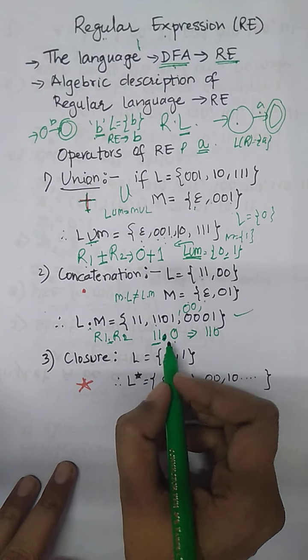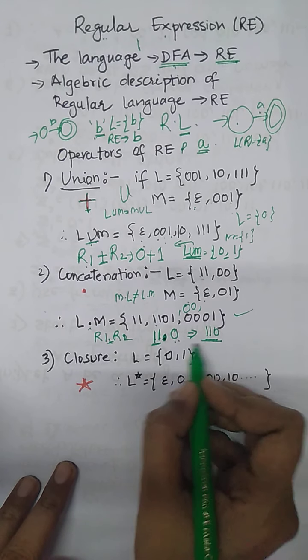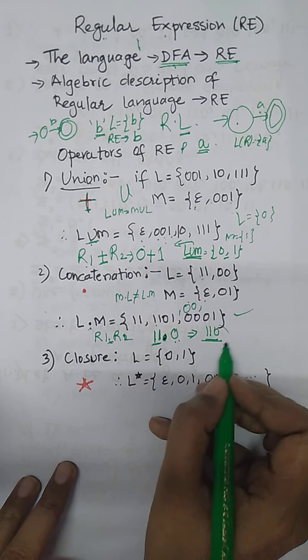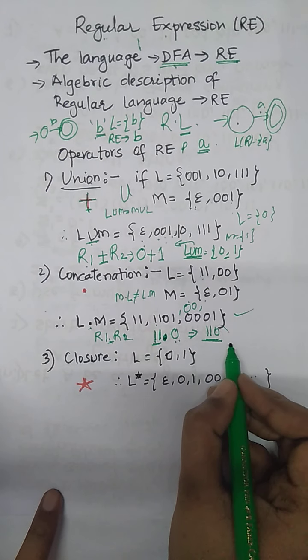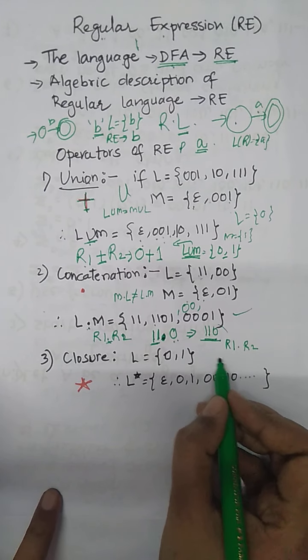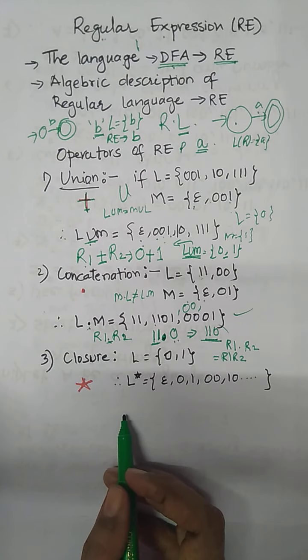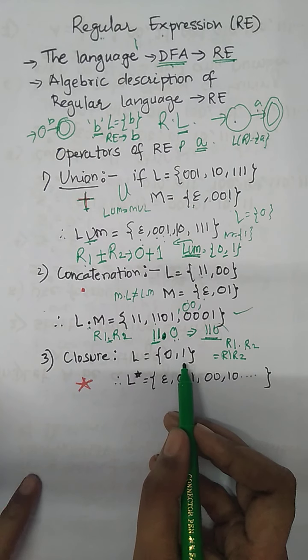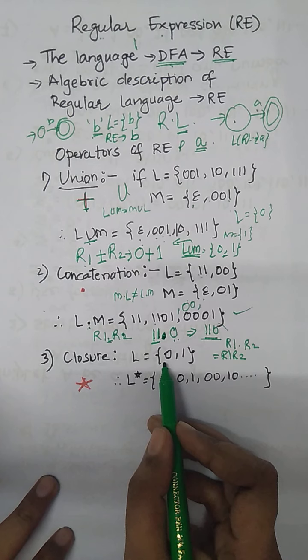So what are we going to write? We are going to write a simple dot product, and after writing the dot product, the regular expression will be this one. So this is the regular expression for the same notation. If we multiply R1, which is one regular expression, with R2, the answer will be R1 and R2. Now the closure: we have to find all the possible sequences of that string.